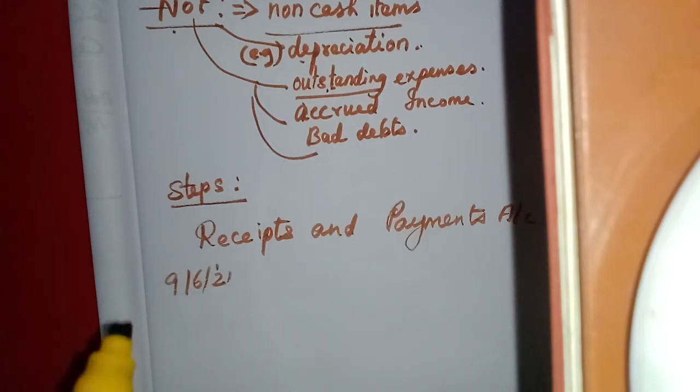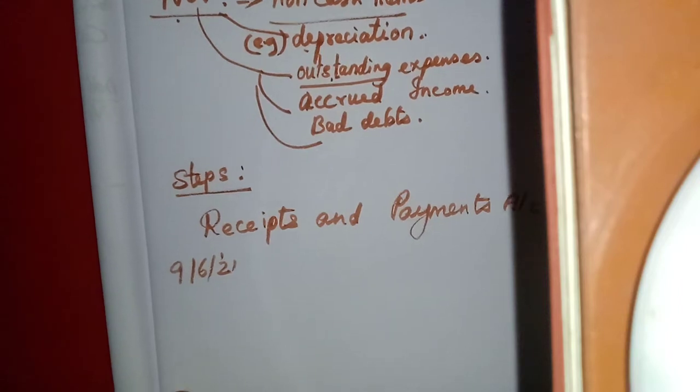I have taught you that we need to start this account with the opening cash balance and end with the closing cash and bank balance. Both cash and bank balances. Then all the actual cash receipts must be entered on the debit side, and all actual cash payments during the year. What we have paid and what we have received in that year, we must enter. Then the balance will be the closing cash in hand and cash at bank. Sometimes it may be a credit balance, then it will be a bank overdraft. No cash balance will be on the credit side.